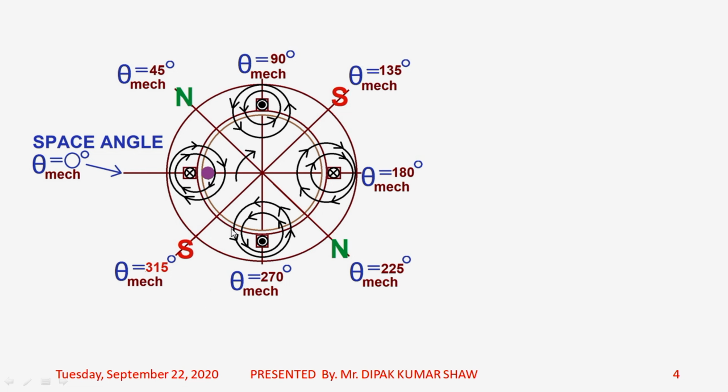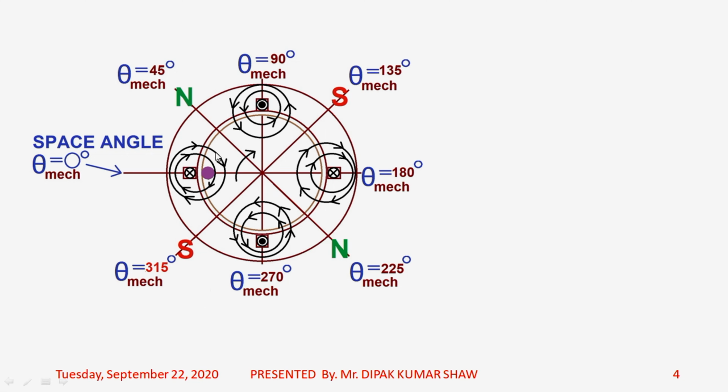That's why this is your south pole. So in this way, we can form this north-south, north-south. So you can figure out now that there are 4 number of poles formed. Now, for this kind of arrangement where you have got 4 number of poles, you can still find certain points